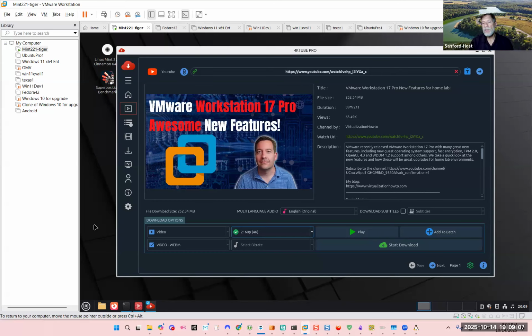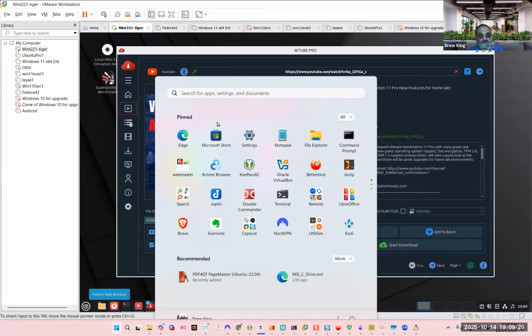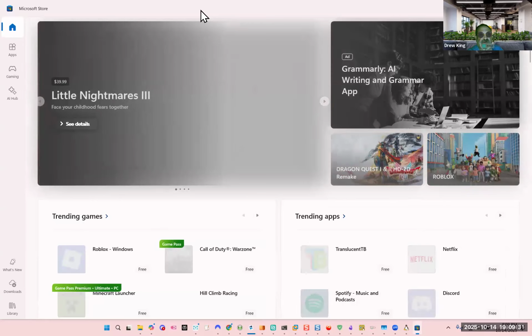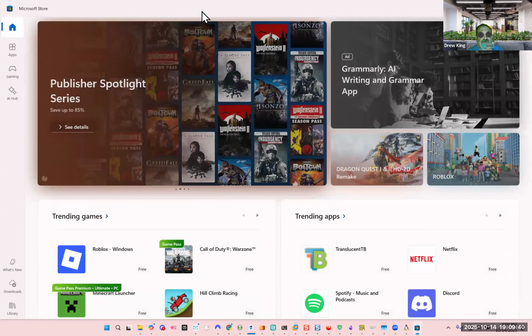So can we just go ahead and start downloading any Linux apps, or do we have to do something first? Well, when you have a brand new version of Windows that has not yet run Windows Subsystem for Linux for the first time, you need to go into the Microsoft Store. I have Windows updates disabled right now, so my search button is missing. But if you were in the Microsoft Store, you could search for Windows Subsystem for Linux, and it will show you